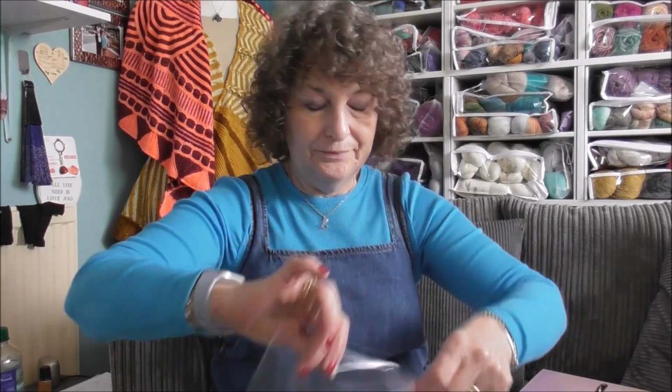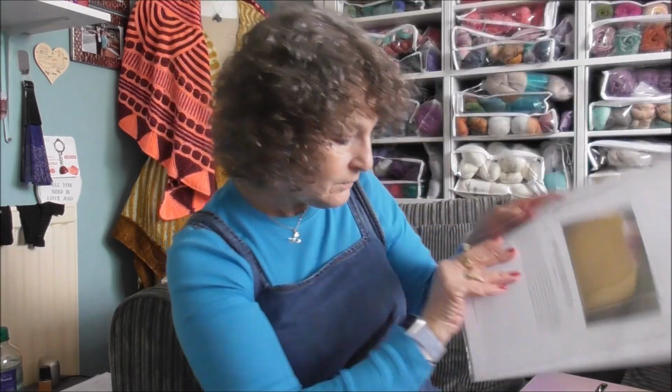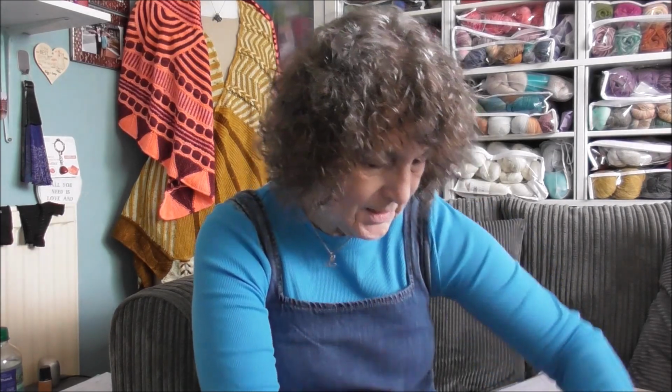So for this one you need 3.75 and 4.5 needles, and the gauge is 19 stitches by 26 rounds, which is 4 inches or 10 centimeters if you work in the new money, as we say here in America, in the UK. I'm not in America, I'm in the UK. The colour that I picked for this one is purple orchid,